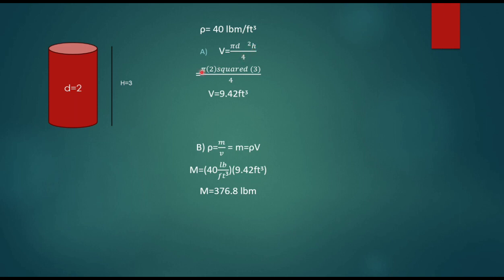So pi times 2 squared times 3 divided by 4 is equals to 9.42 cubic feet. And second, the